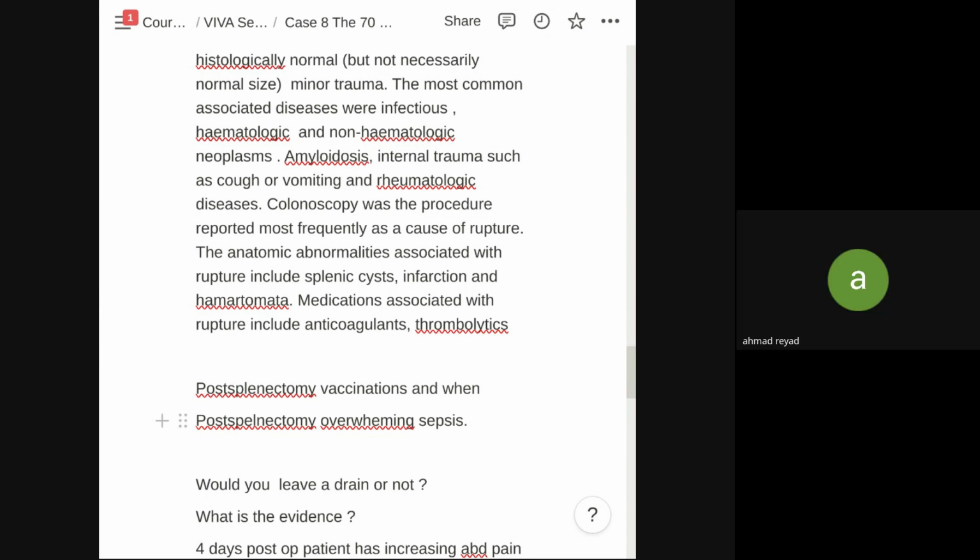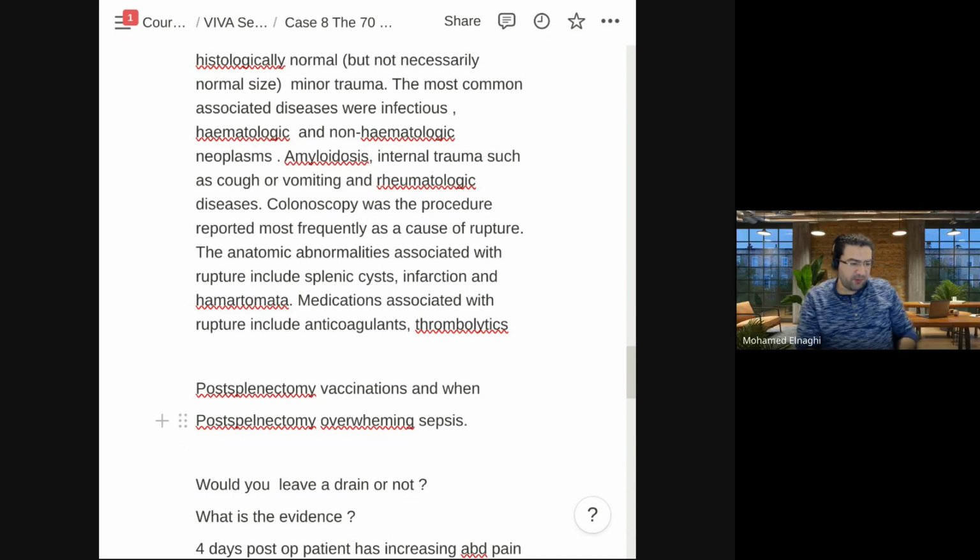I'm not quite sure, but this is my practice. Especially during splenectomy, the raw surface will bleed, not most of the time, but in a quite percentage, so you would leave a drain to avoid that. Okay, fair enough if this is your practice, but the evidence is there is no role for